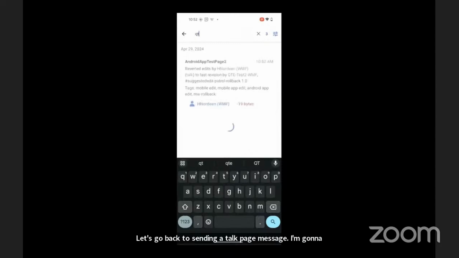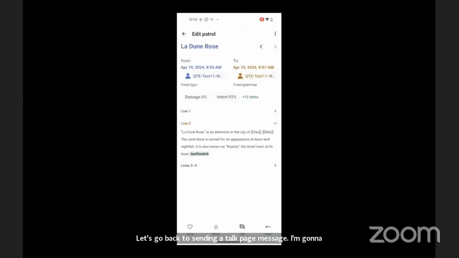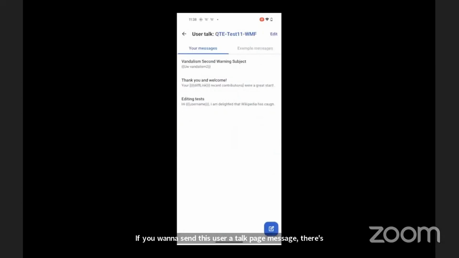I'm going to use the search function, pull up an edit, and let's say I would like to send this user a message about this edit. We have the talk accessible from the toolbar. If we want to send this user a talk page message, there are a couple of ways that we've added. If you go into the talk page option, you'll see 2 tabs, your messages and example messages.